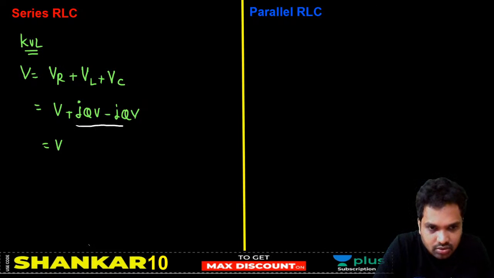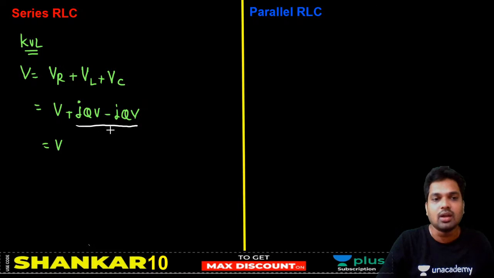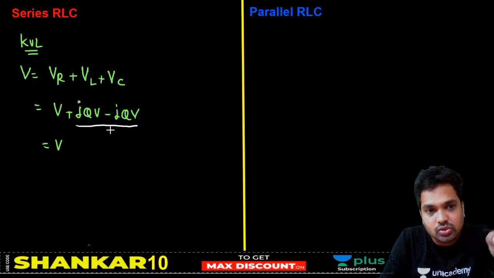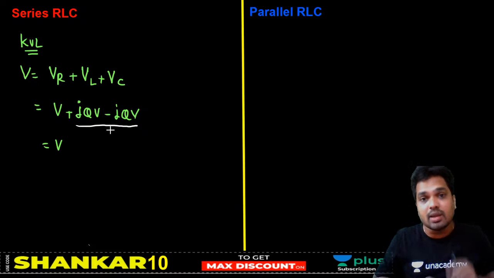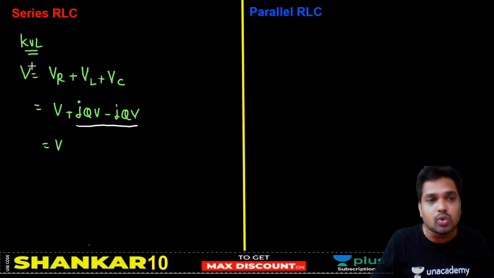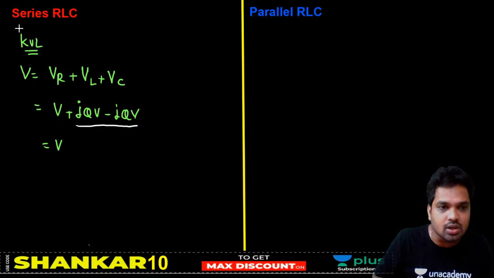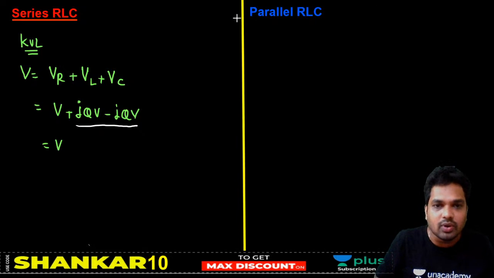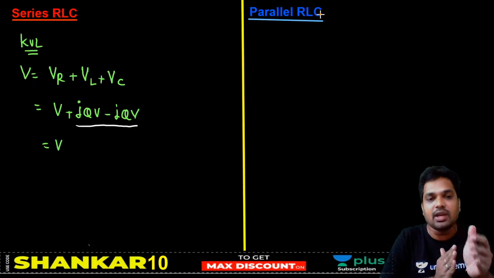This expression anybody can say, but there is an observation here. Please observe. What is the meaning of plus JQV minus JQV here? At resonance, source is taking care of the resistor. What happens to inductor and capacitor? They are exchanging energy with each other. This is what happens at resonance. At resonance, the source is taking care of your resistor, and inductor and capacitor will be exchanging energy